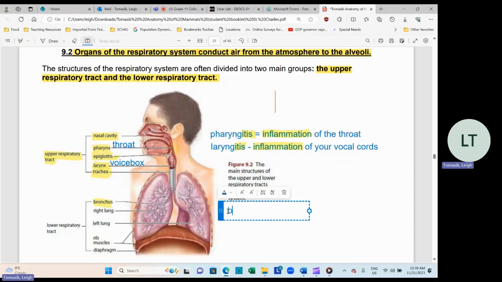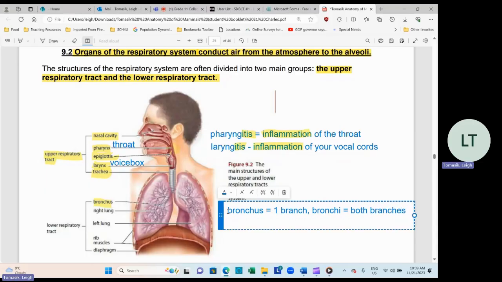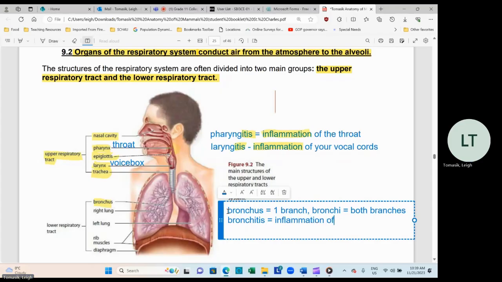So bronchus is one branch, or sometimes they're called bronchi together. So both branches are called bronchi. Okay, one branch bronchus, two branches bronchi, and you can have bronchitis, which is inflammation of your bronchi,